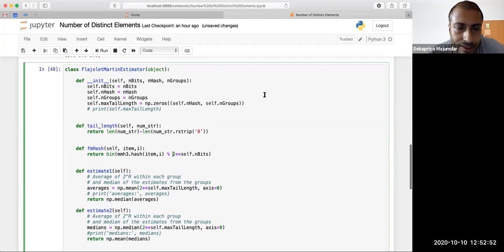Okay, so essentially it's a NumPy array, a 2-dimensional NumPy array, where on one side you will average, on the other side you will do median, or the opposite. You essentially have a group of groups.